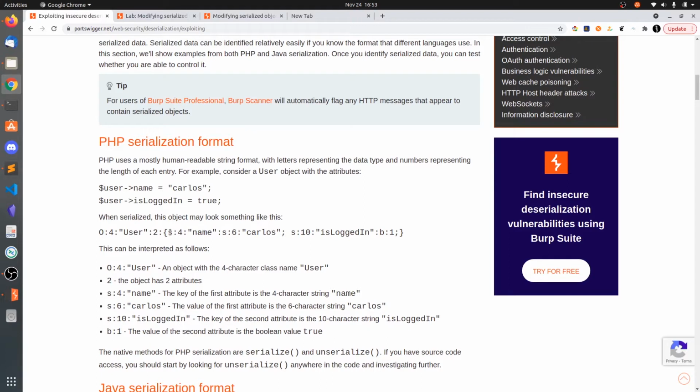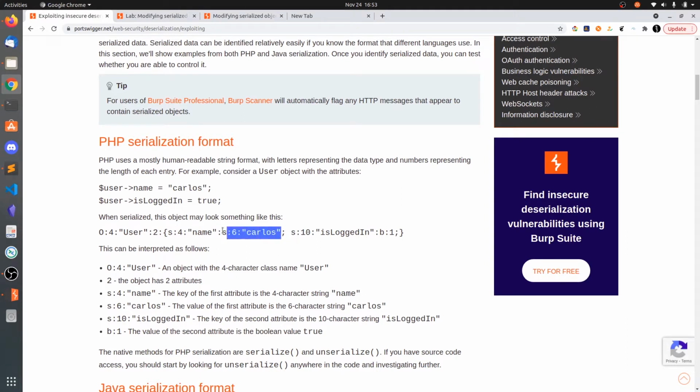This s is the type string, with 4 characters, name, and the value is separated by a colon. Of course everything is separated by a colon, but you can just divide it into the object and the remaining attributes. The value is a string with 6 characters, Carlos. So this is the name of this object user, and the attributes are separated by a semicolon.